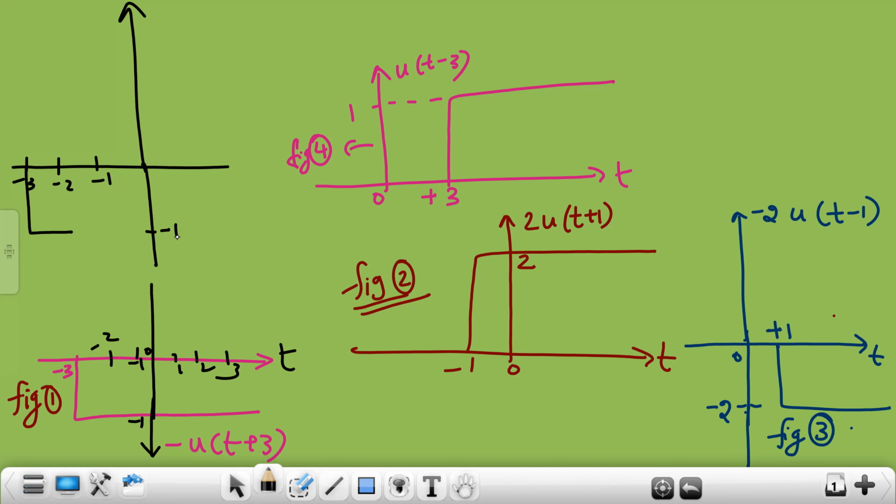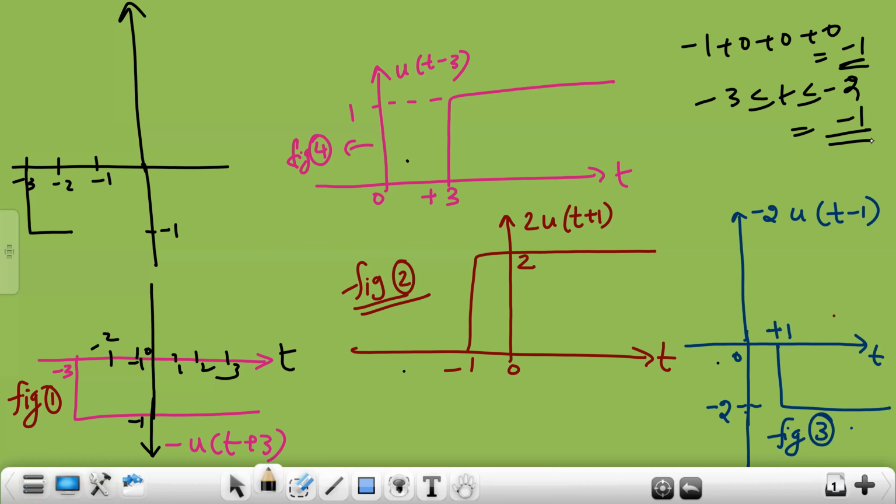Is this clear for you? From -3 to -2, you have -1 here, whereas here you don't have any signal. Here also you don't have any signal. Here also you don't have any signal. So the answer will be -1 plus 0 plus 0 plus 0 is -1. So from -3 to -2, your answer will be -1. So -1 means we will be showing down the x-axis. Amplitude is negative.